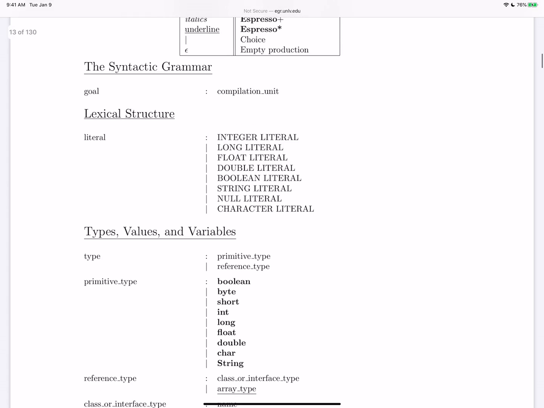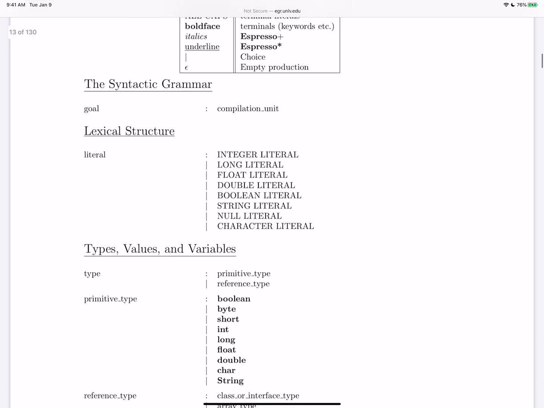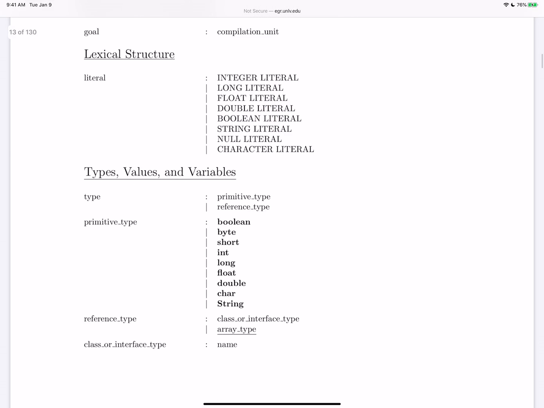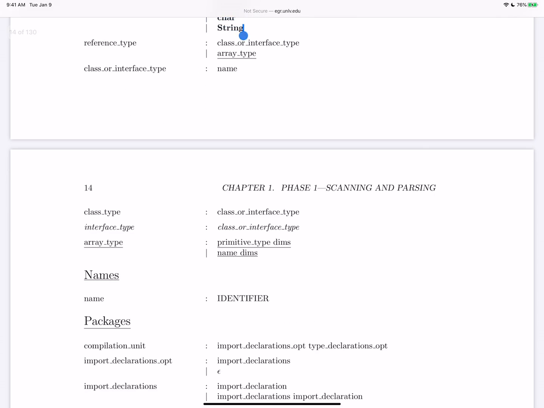So you just have to go through here and find all the stuff that's in boldface or all caps, because those are the literal terminals. So we've got some literal terminals here. We've got some keywords. Sorry, some terminals here. We've got, there's my identifier.